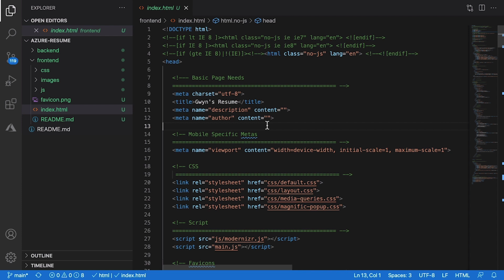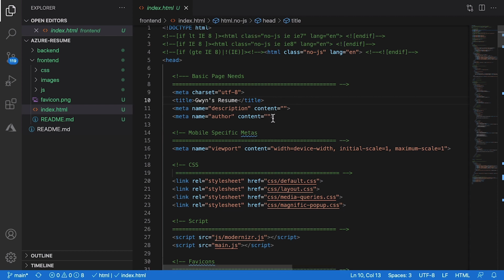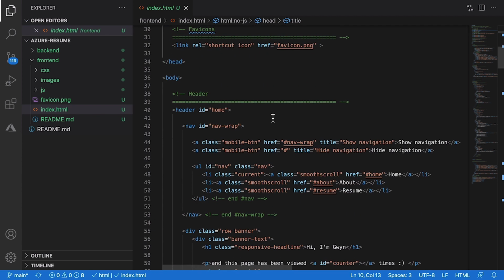So since this is a template and I wanted to provide something that could get you going without you having to write HTML from scratch, I just provided details that match my resume. So you see the title says Gwyn resume. You're going to want to change that. You're going to want to dive into